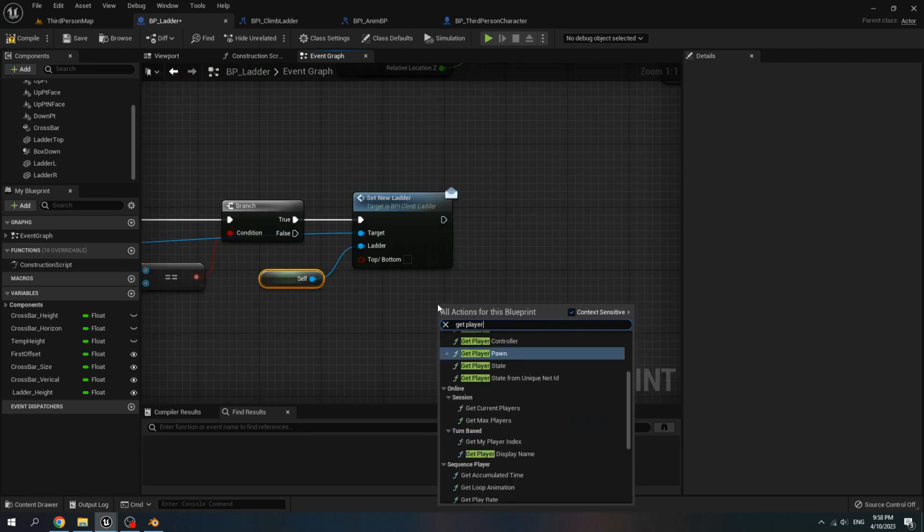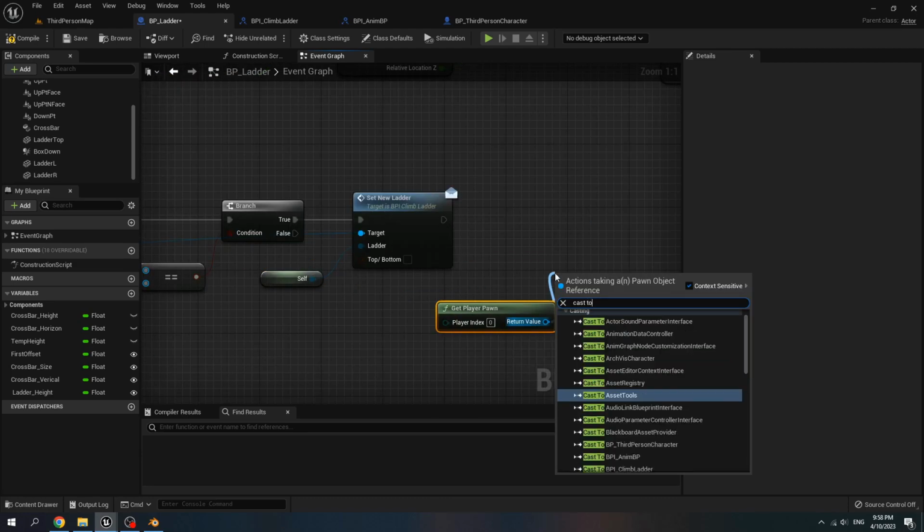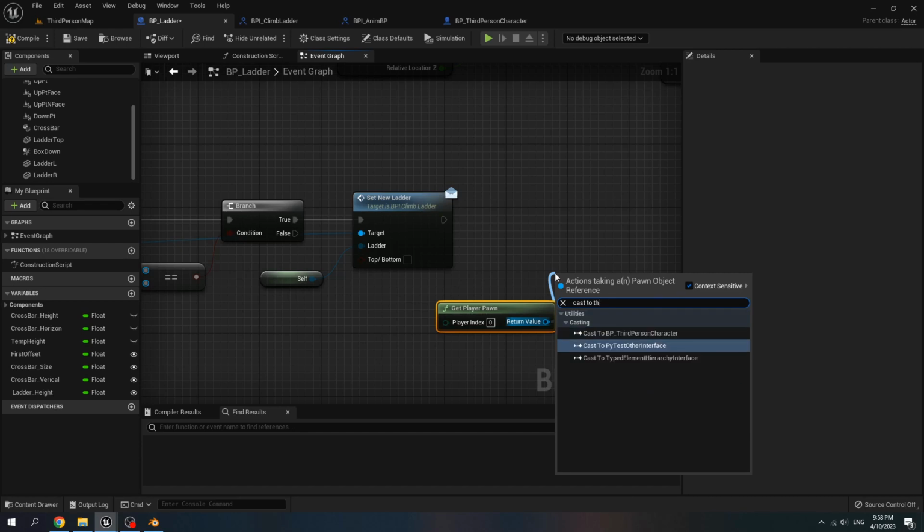Get player pawn, cast to third person character blueprint.